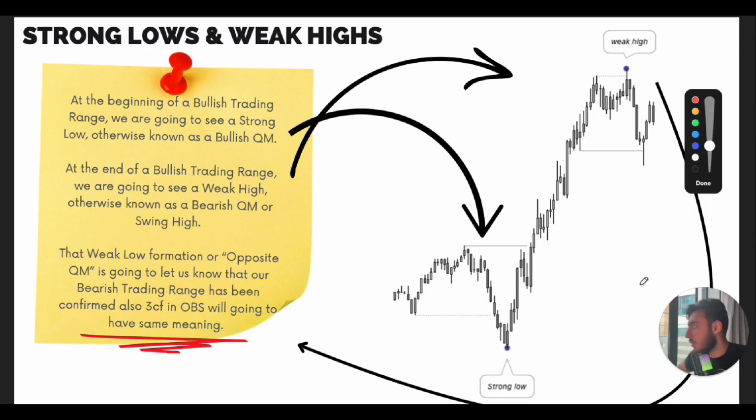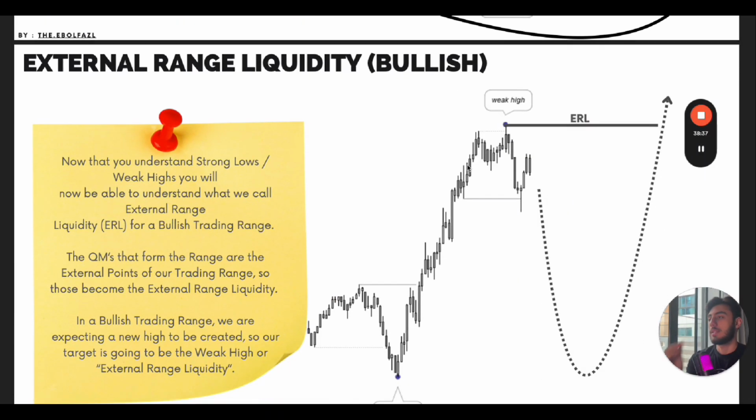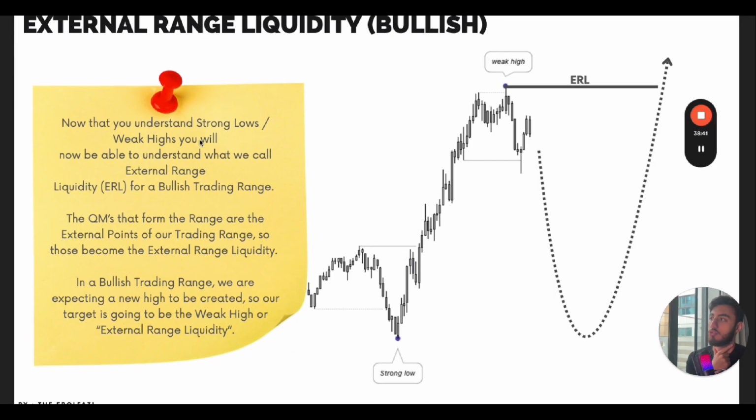Now we're gonna think, okay, once we get this, what should I expect in these types of bullish or bearish trading ranges? I'm gonna talk about what you're going to expect. So we're first gonna dive into the important elements inside this range. Then we're gonna talk about what you're gonna expect. So now let's talk about what we expect, to be honest, in these ranges.